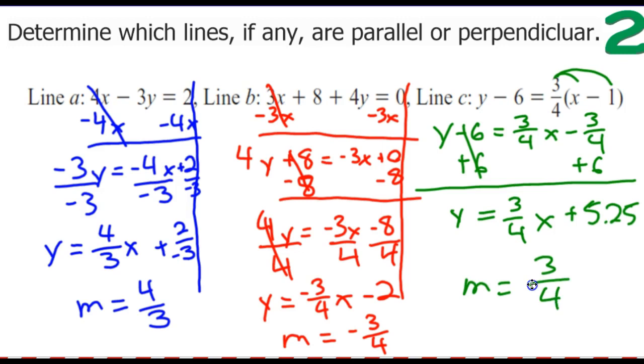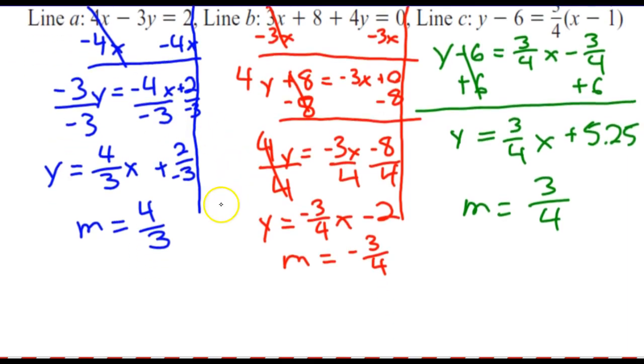Now we need to look to see if any of these are parallel first. We have 4/3. We are looking for the same 4/3. This one is not the same, this one is not the same. So this one is not parallel to anything. Negative 3/4 is not the same as 3/4, so this one isn't parallel to that one either. So none of these are parallel, but we have to look to see if any of them are perpendicular. So I'm looking for the opposite reciprocal of 4/3,